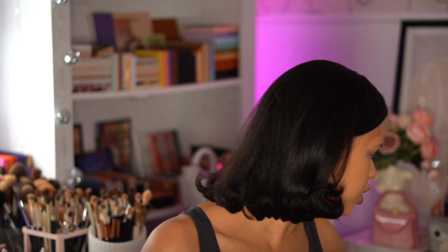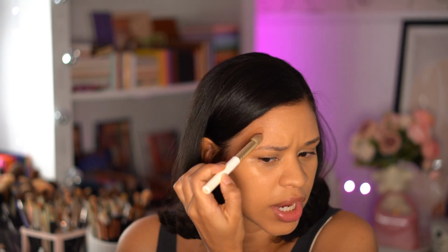I remember that the last one that I purchased is actually the Tower 28 Sculptino, and this is in the color Hammer. It is literally one of my all-time favorite contour slash bronzers. I literally use this every single day, no lie. I alternate between this, the Milani liquid contour, and a few other products, but this is always my go-to contour